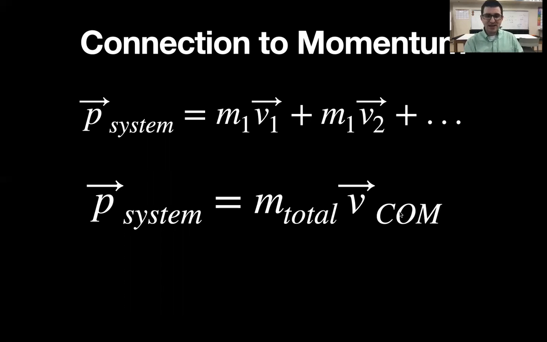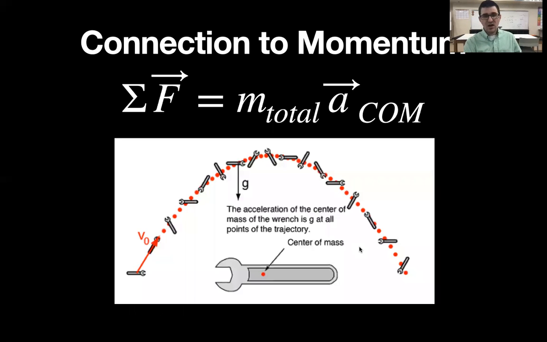So this is a very powerful equation, and I want to show you two ways in which this equation is doing a lot of work. One way is we've been looking at parabolas and things that are moving in parabolic motion. What we've actually been looking at is how the center of mass is moving through space. So if we throw this wrench, the center of mass of the wrench actually traces out a parabola, even though if we were to look at the tip of the wrench, it would be flying all over the place, kind of making a zigzag through the air that wouldn't look very much at all like a parabola. But if we look at the center of mass, then that actually traces out a parabola through the air,